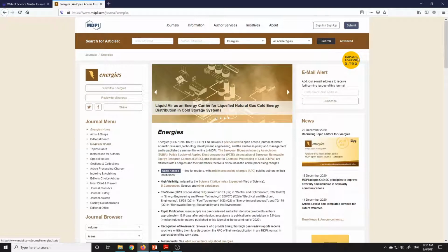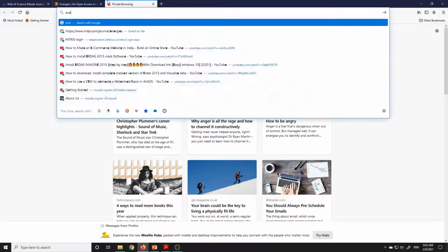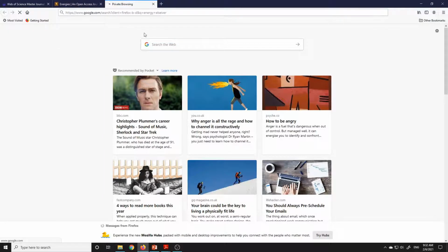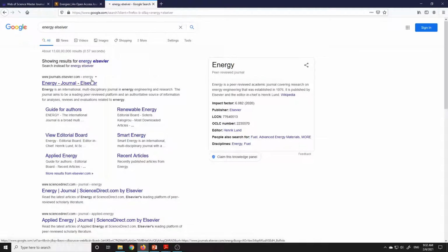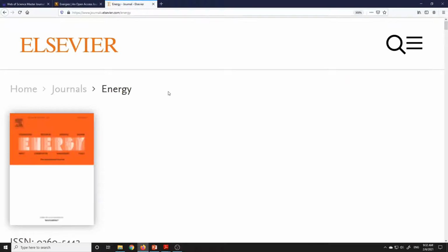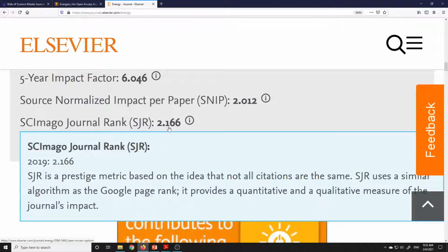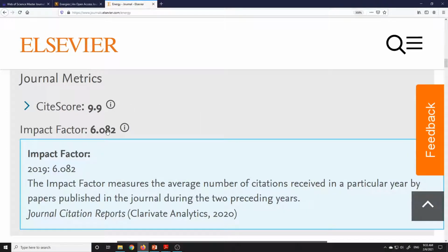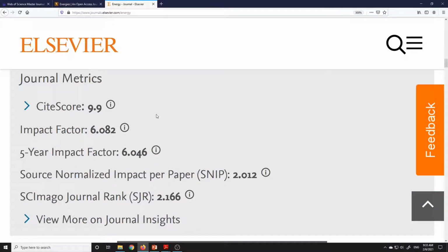There is another Energy, Elsevier. Sorry, it is Energies, my mistake. This is only Energy. So Energy, you can see, has a site score of 9.9 and an impact factor of 6. So see how powerful these tools are.